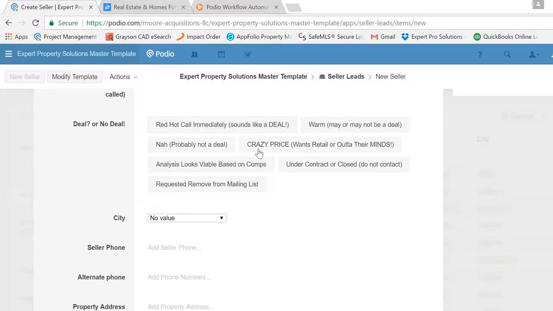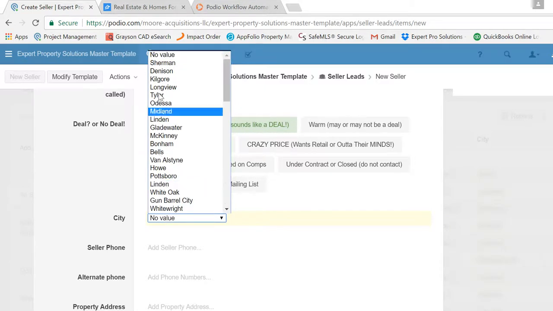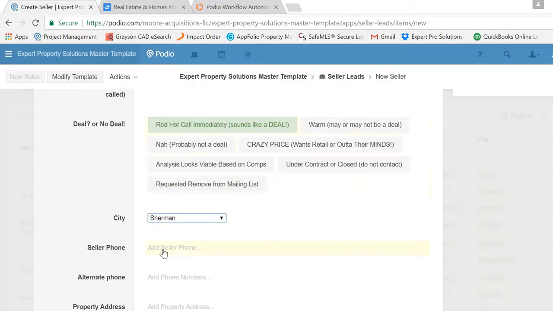Okay. I'm going to say this was a hot lead, and that it was in Sherman, and we're going to do